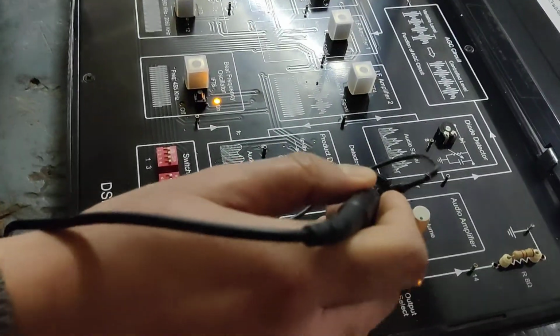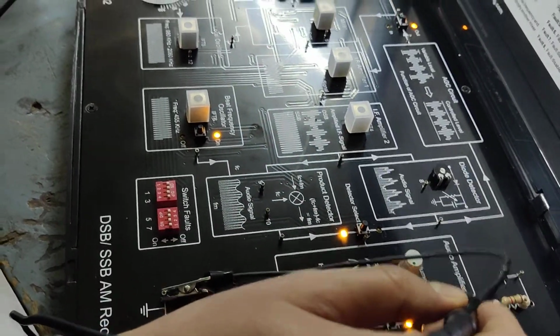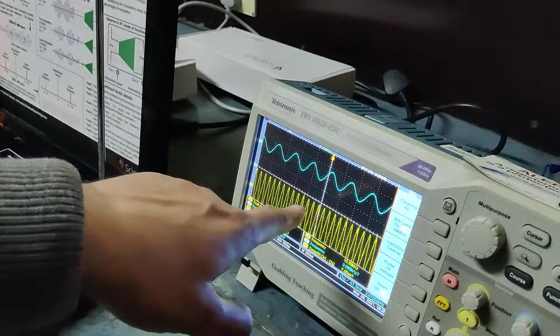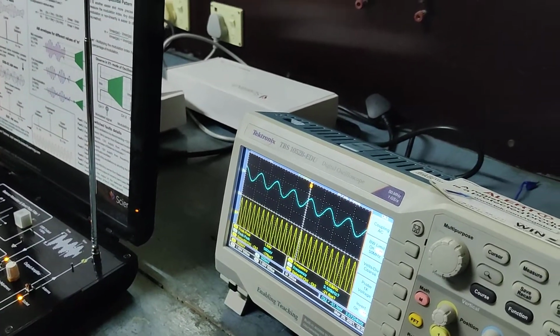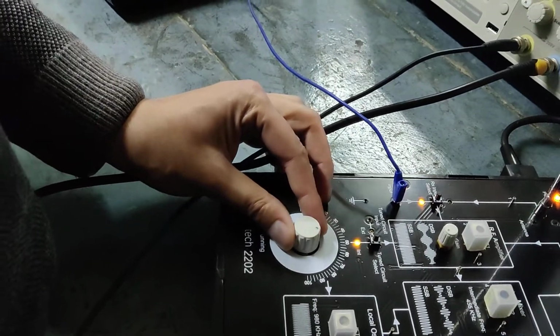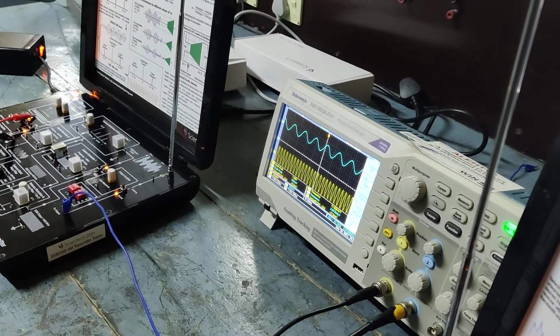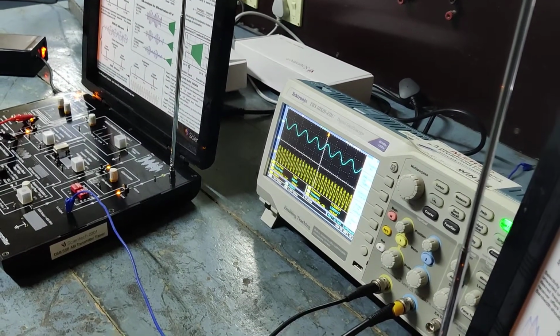Then this output is amplified and we can see the output obtained, which is exactly the same signal which is being fed. And here we have this tuning circuit, which needs to be put to a proper position so that you will be tuned to the same frequency that you want to achieve.